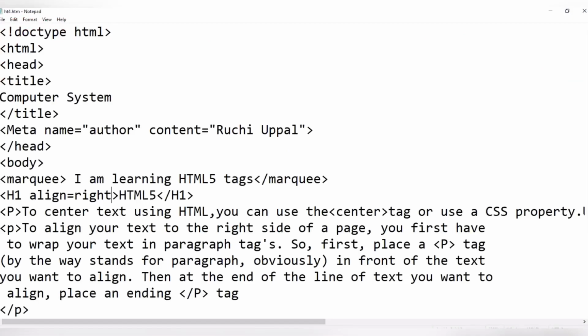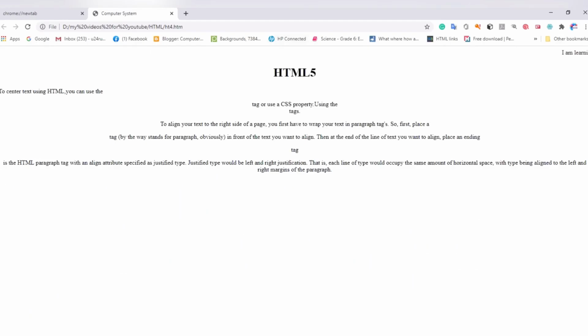In the same way you can put it in the center also. It looks better in the center only. Center. So let me save this file. F5. Now it is coming in the center. Clear? So this is how the heading alignment works: whatever alignment we have selected, that alignment will be displayed by the web browser. If you select left, it will come on the left side. If you want it in the center, it will come in the center. Clear? So this is how it works.